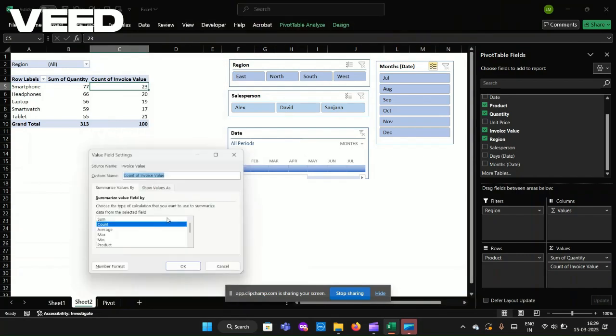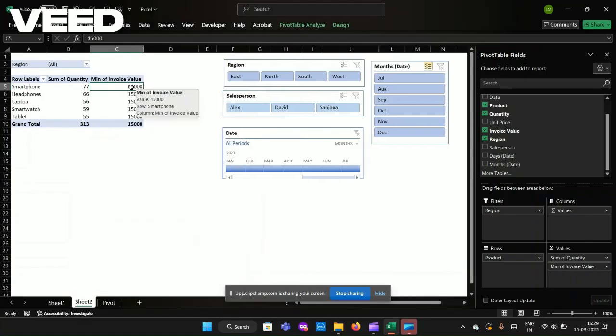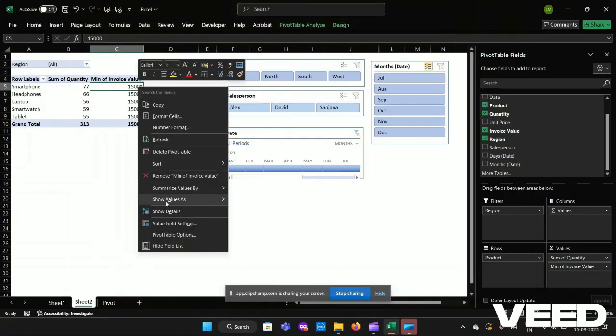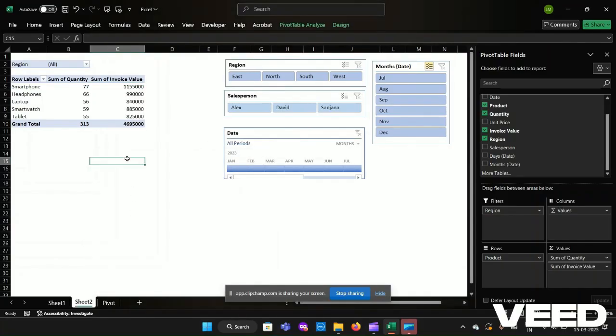Similarly, you can also check for the minimum amount. The minimum amount of product sold is 15,000 under each category. Then you want to dig deeper and see how the laptops, the details,